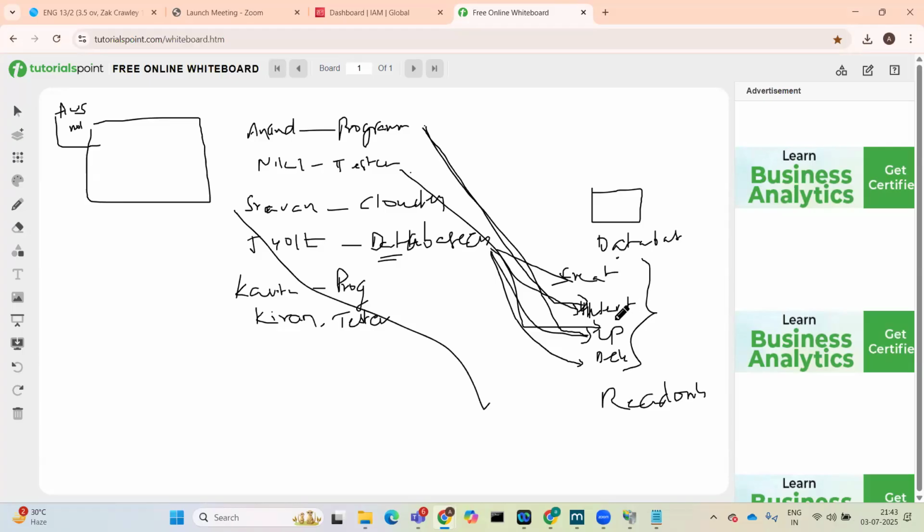So the point here is each person will have different sets of permissions. It is not that everyone will have the same permission. Database engineers have full permission, whereas developers have limited permission. Others also have limited permission. So in such scenarios,